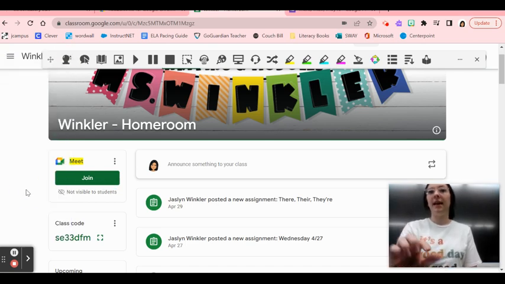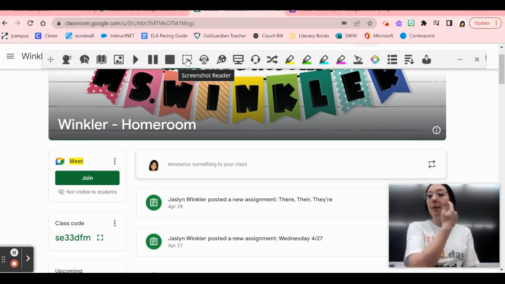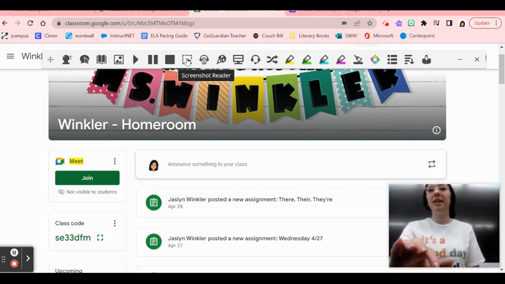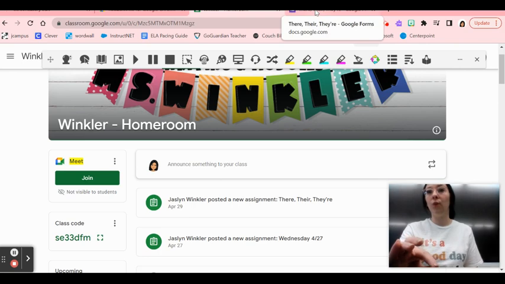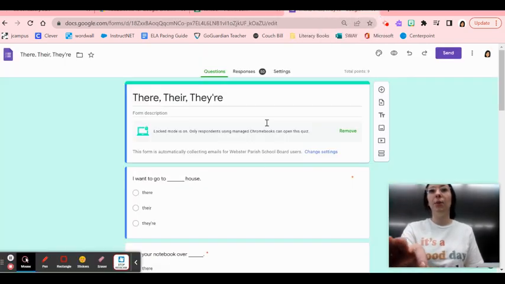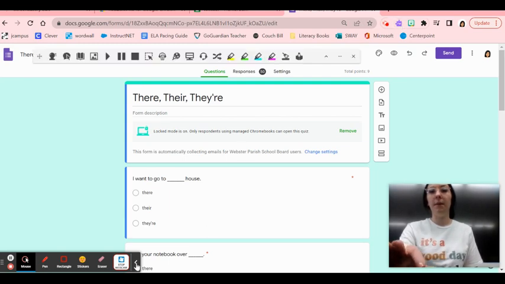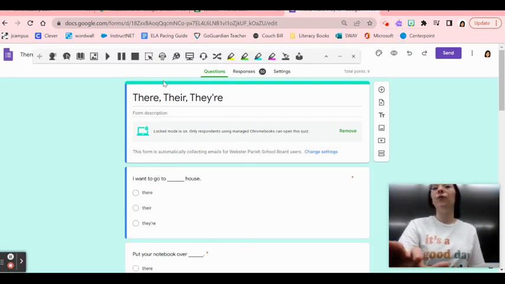The next thing that we use a lot is the screenshot reader. For the screenshot reader, this is helpful when students may not know a word or they're having trouble putting words together. So for this, I'm going to hop over to a Google form, a test that we have taken. Open my Google Read and Write back up. And if a student cannot figure out how to read this, they can use this screenshot reader and